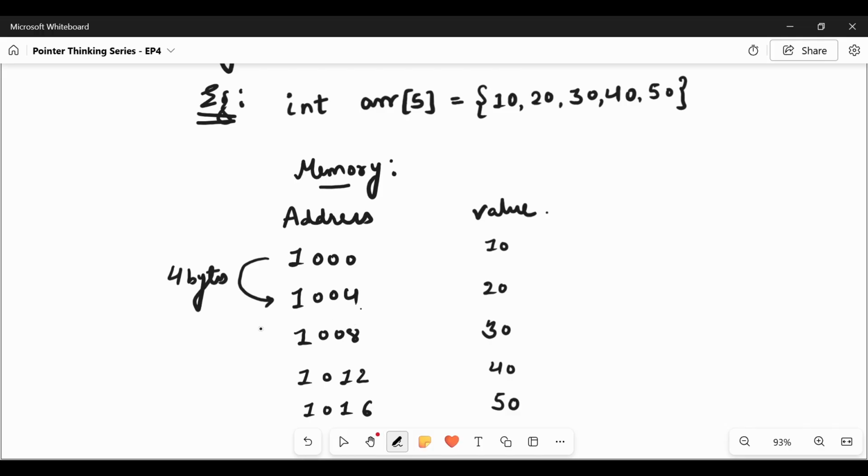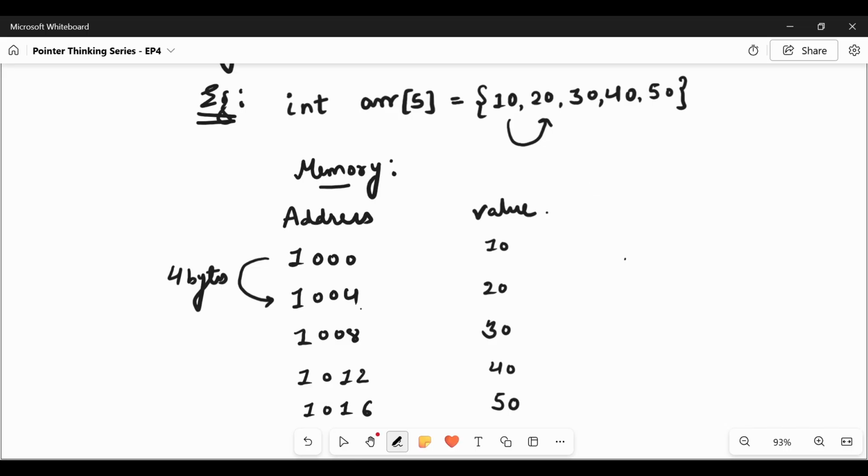So 1004, then 1008, 1012, 1016, and corresponding values 10, 20, 30, 40, and 50 exist in the memory. So when our software has to move from 10 to 20, how will it move without knowing the exact address?